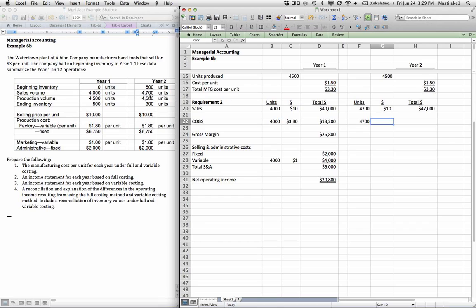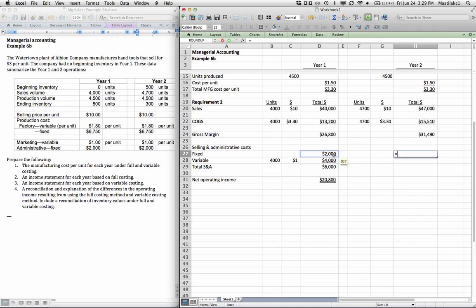Because our units produced was the same, our production cost was the same, our cost per unit is the same, so $3.30. So our cost of goods sold is a little bit higher than last year because we sold more units. That's okay, we have more revenue. So our total cost of goods sold is $15,510. Subtract that from our revenue to get our gross margin of